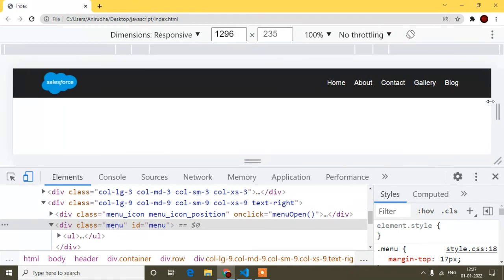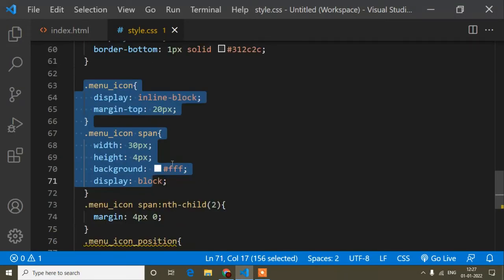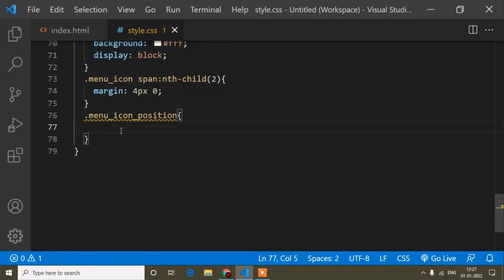Now guys, I will move to the main topic: menu icon position.